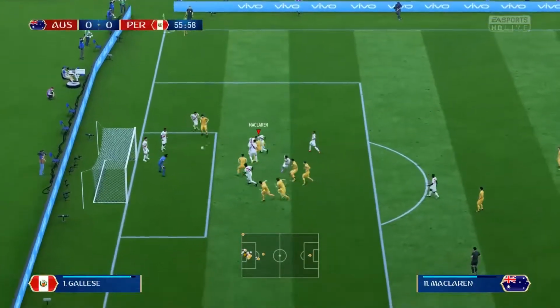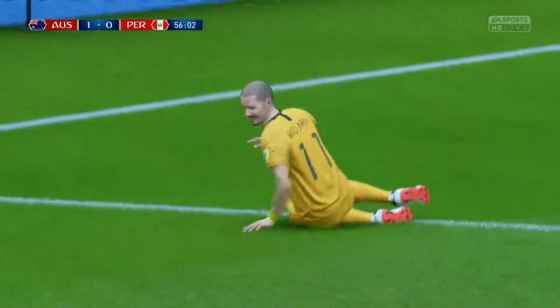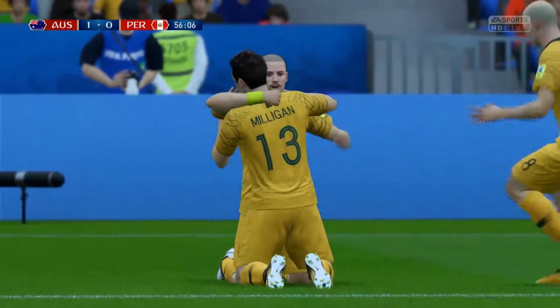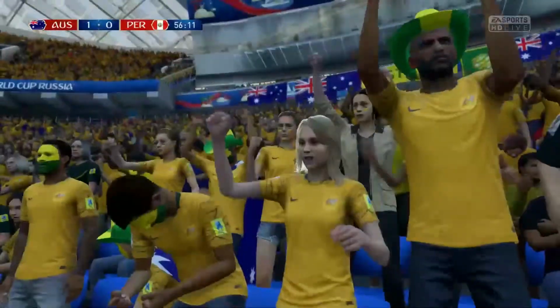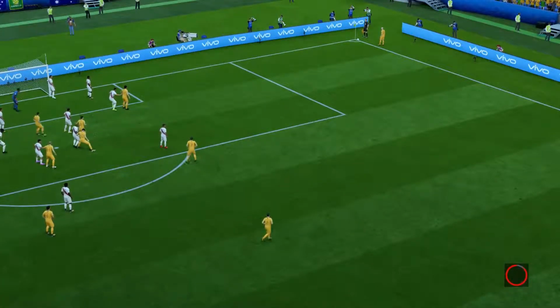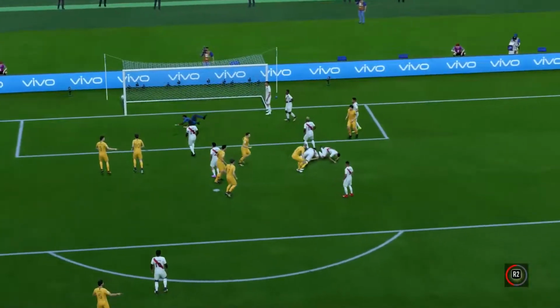Oh, McLaren! A set piece header from the corner, smashes that one into the bottom corner. Happy days. 2 more will come. He's done it again. I'm so glad we picked him to go to the real World Cup now. Because if he performs like this, he's going to be an absolute star. Beautiful. Drilled header.